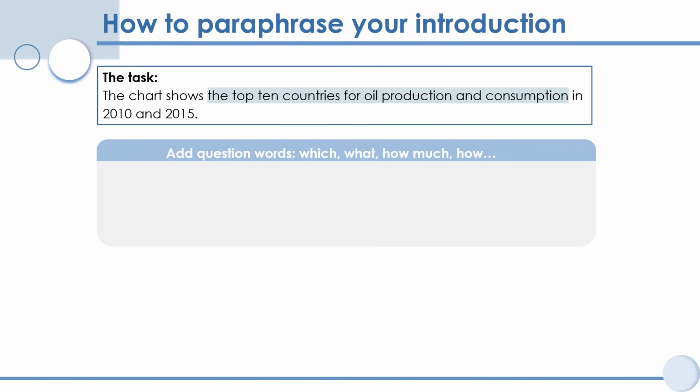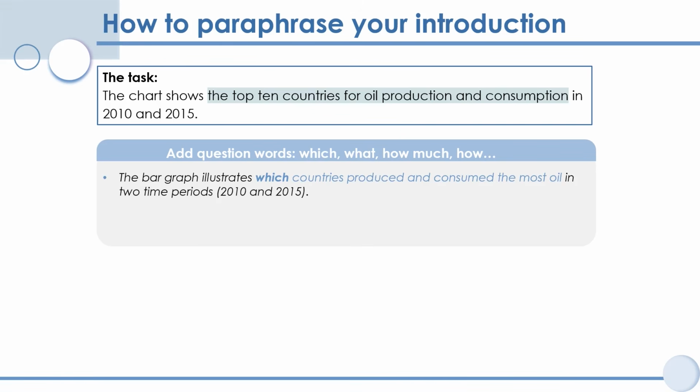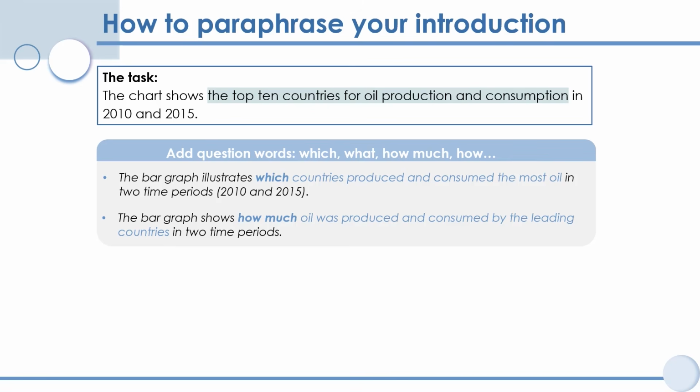You can also use some question words to change your sentence structure. These are which, what, how much, how, and so on. Can we use any of them here? A couple, I think. The bar graph illustrates which countries produced and consumed the most oil in 2 time periods, 2010 and 2015. Or the bar graph shows how much oil was produced and consumed by the leading countries in